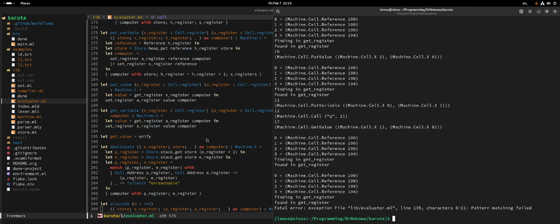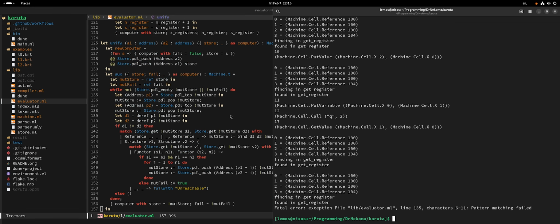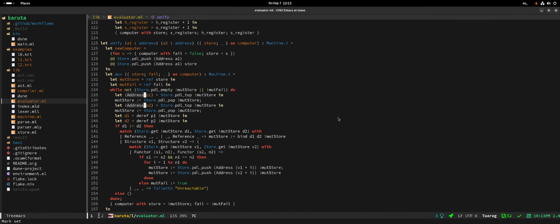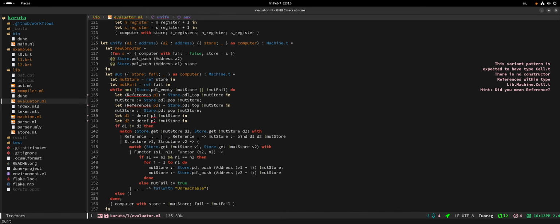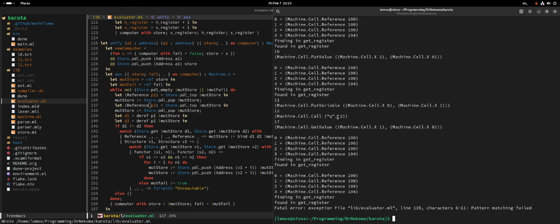What the heck? Line 135 pattern match failed. What does that mean? Oh, is this the crazy function? Okay, so that means that these are also references probably. Are we going to deprecate addresses? Although references have a slight problem because they can point to other references, which I'm not sure is actually a problem, but okay.